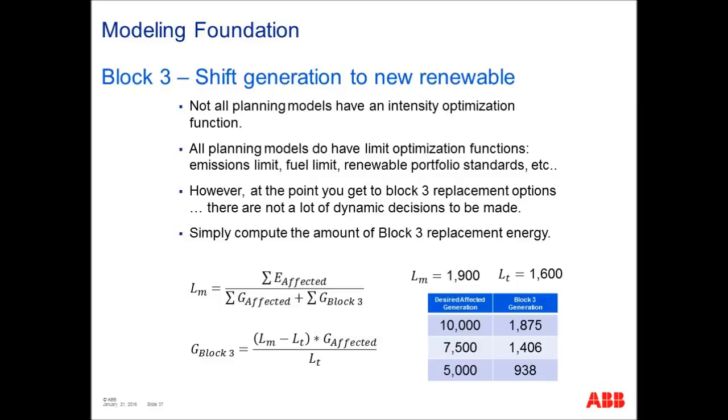This is the beauty of the rate-based program. All right? In the rate-based program, your intensity at 5% is the same as your intensity at 100%. So you can use this tool and a sliding scale to look at how much you want to augment your coal-producing generation with renewables. It adds a new dynamic to the equation, but it lets you quickly get at what you need to add in order to meet that Block 3 generation resource requirement.